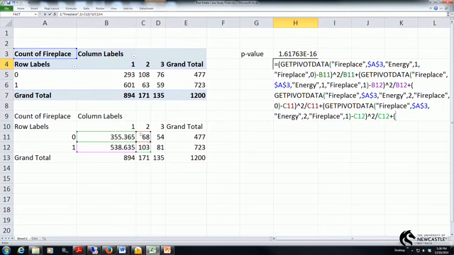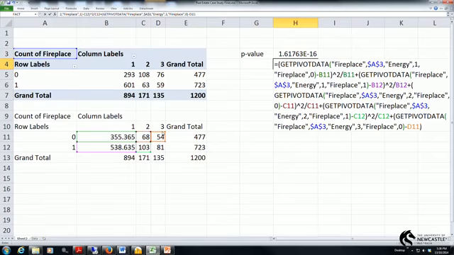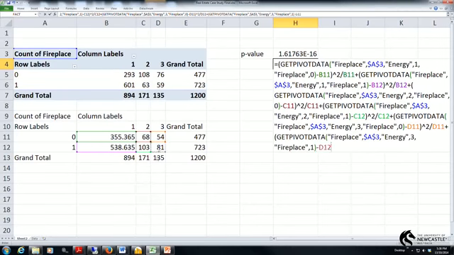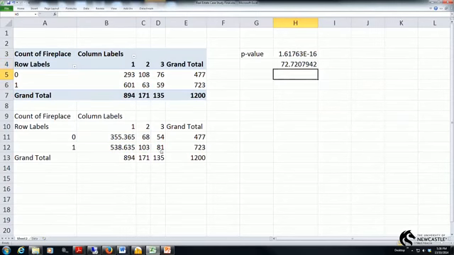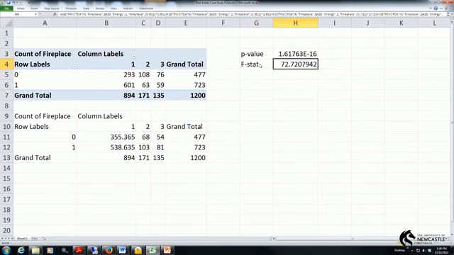And you can follow me here. I'm just adding those values together each time. And I come up with my chi-square statistic, and that's the test statistic that was used